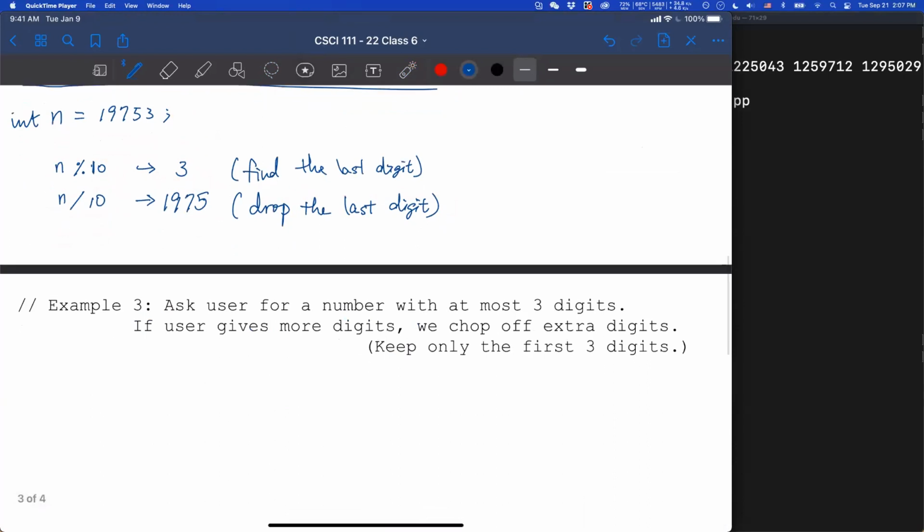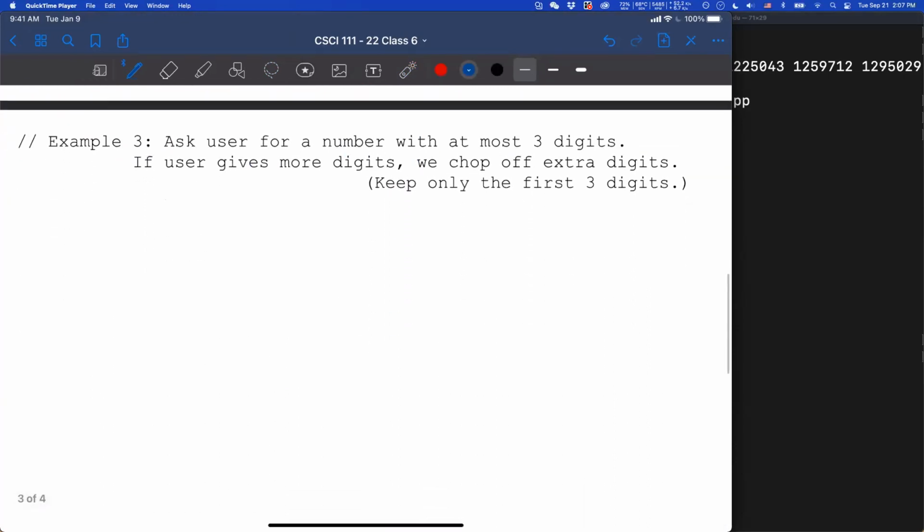Now, if you look at example 3, you want to ask a user for a number that's at most 3 digits. If the user gives more than 3 digits, then you will chop off the extra digits, which means you will keep only the first 3 digits of the user input. Now, how can we do that?